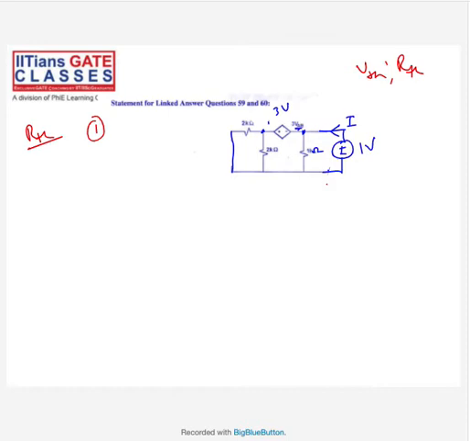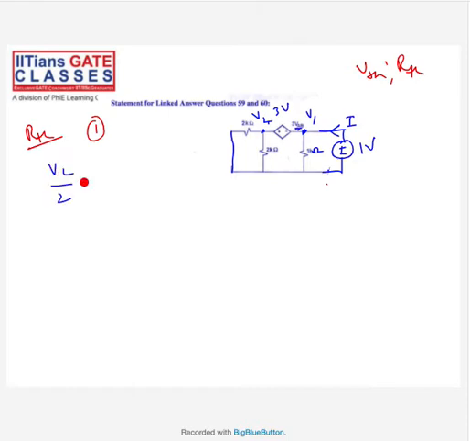So now how to find the current here? You can use either mesh analysis or nodal analysis. If I use nodal analysis, I'll call this V1 and V2. Now tell me the node equation. There is a voltage source between two nodes, so I can use the supernode equation. If you remember supernode, tell me the supernode equation here.